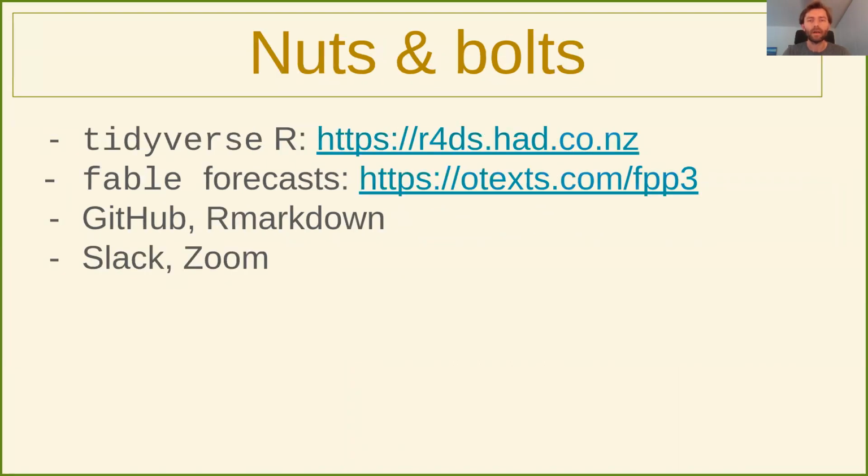So nuts and bolts, our course is basically 4 different components. Core R knowledge using the Tidyverse library and working through the R for Data Science book. This is a fantastic pedagogically informed approach to teaching R in a conceptually unified way. Similarly, we are going to rely primarily on the Fable forecasting toolbox and the associated forecasting textbook, particularly for students that have no prior knowledge in building their own forecasts or statistical models.